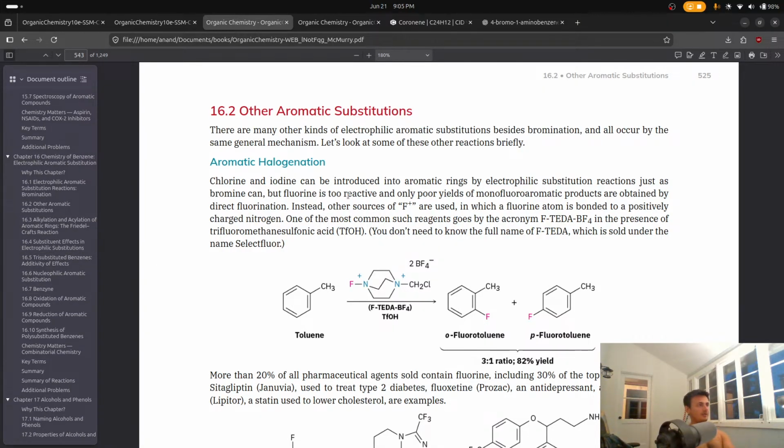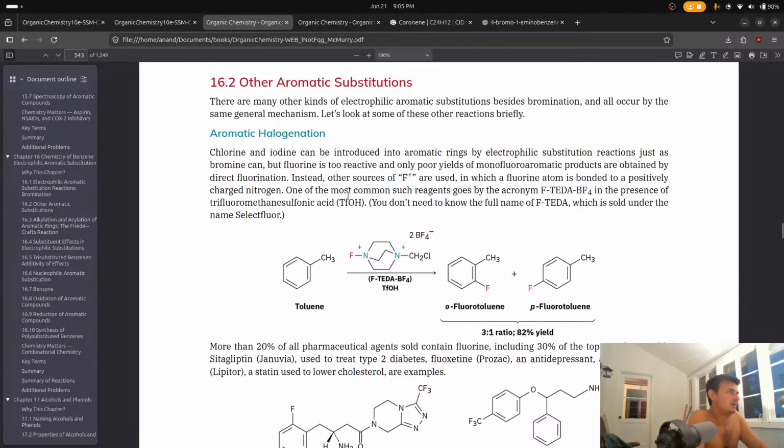All right. Other aromatic substitutions. There are many other kinds of electrophilic aromatic substitutions besides bromination, and all occur by the same general mechanism. Let's look at some of these other reactions briefly. Aromatic halogenation. Chlorine and iodine can be introduced into aromatic rings by electrophilic substitution,